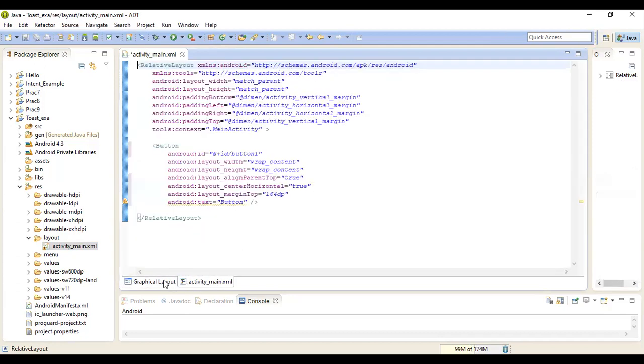Now change the text property of the button to Click. And button1 is the ID for the click button.